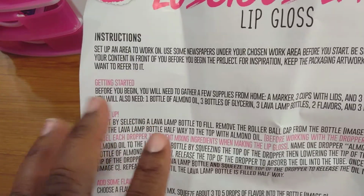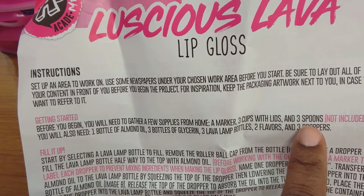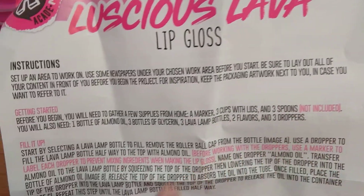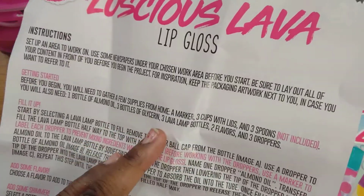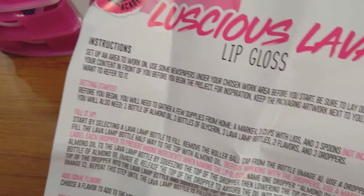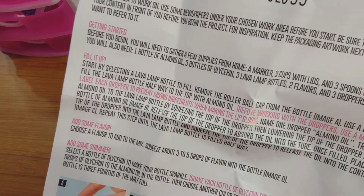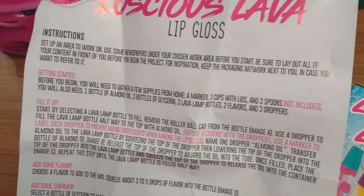Getting started, before you begin, you will need to gather a few supplies from home. A marker, 3 cups with lids, and 3 spoons not included. You will also need the 1 bottle of almond oil, 3 bottles of glycerin, 3 lava lamp bottles, 2 flavors, and 3 droppers. Fill it up. Start by selecting a lava lamp bottle to fill. Remove the roller ball cap